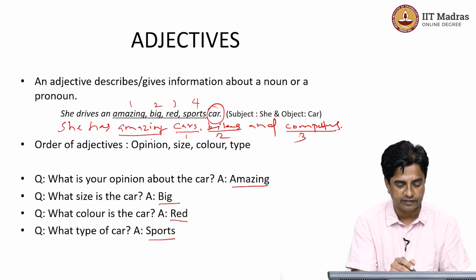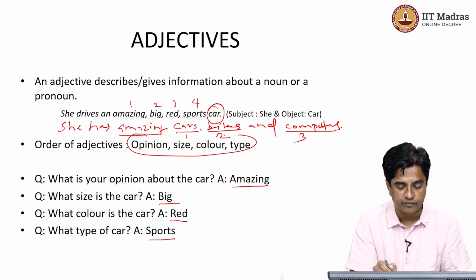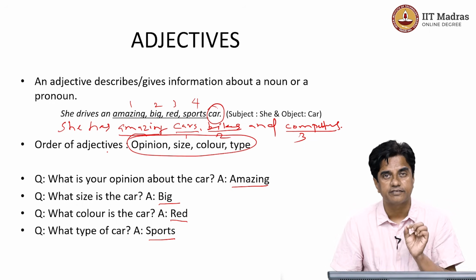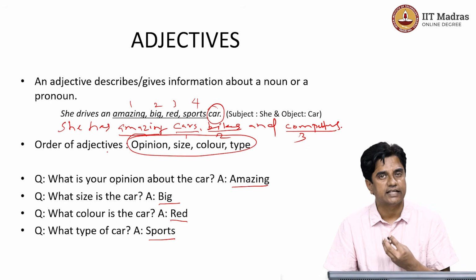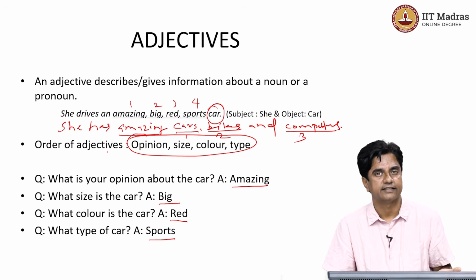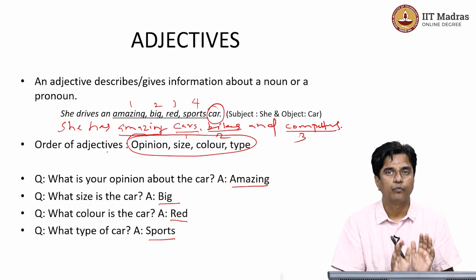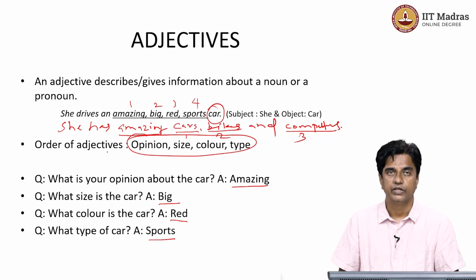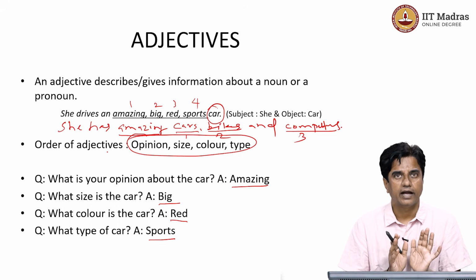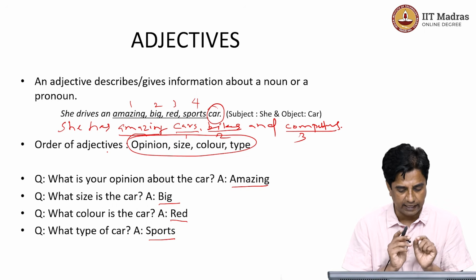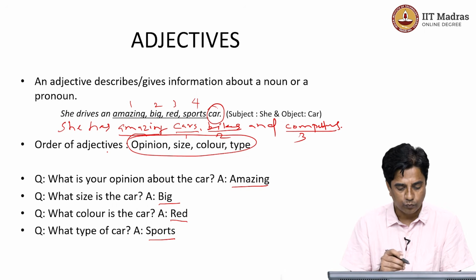an adjective, and what are the types of information an adjective can give us in a sentence. So the answer is, it can give you information about opinion, size, color, type, and several other things. We are only giving you few examples. So hope this makes sense, and purposely we are leaving it as adjectives as a word. We can also say